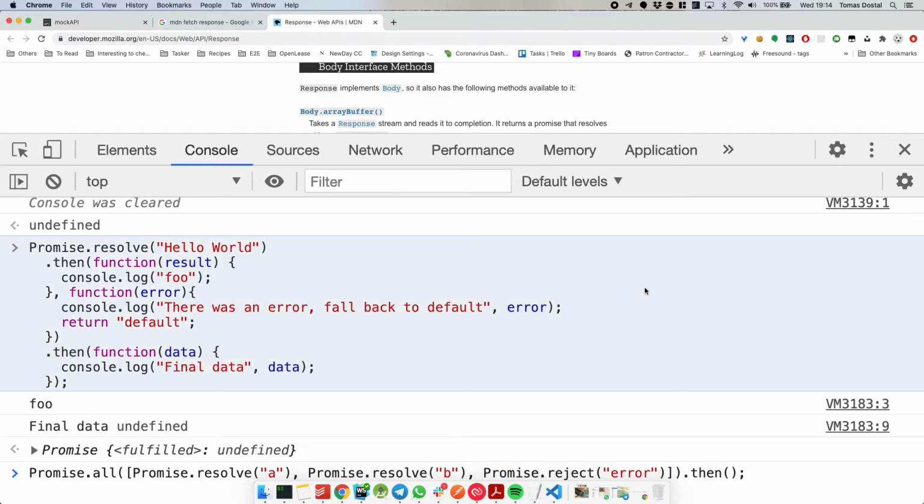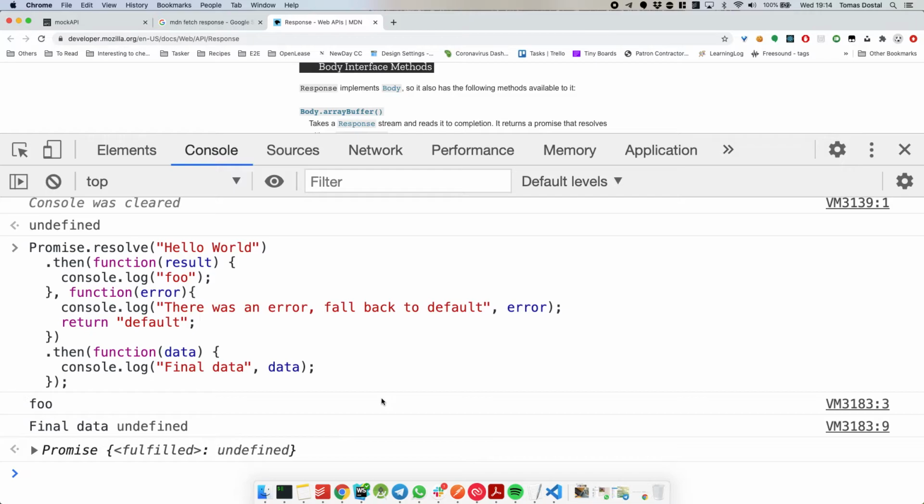Thomas, yeah. First, maybe this question on the final data that we just cleared. I understand console.log foo does not return anything. So the second then function with data: as it's not a resolve, why is it still doing the console log final data?